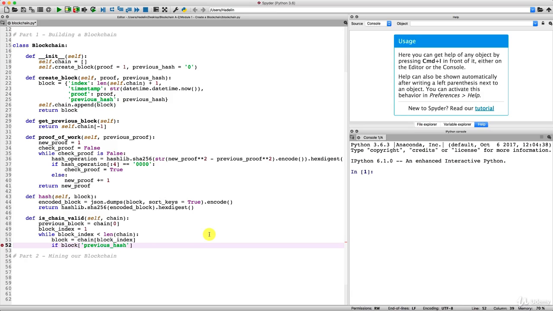So if this previous hash of our block is different than the hash of our previous block, and I'm taking the self here because I'm using the hash method of our blockchain and not a separate hash function. So that's why we need to take the self, because hash is a method of our blockchain. So self.hash of the previous block. And so if the previous hash of our current block is different than the hash of its previous block,